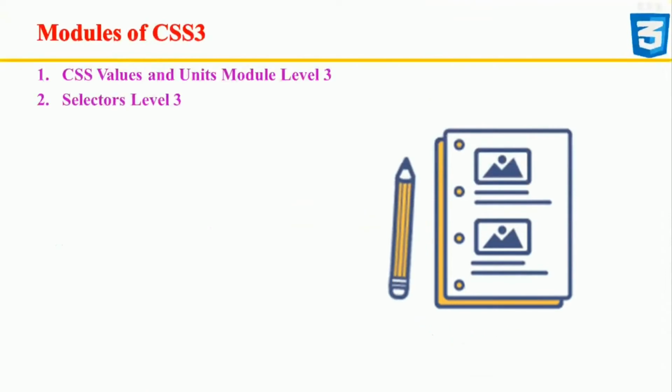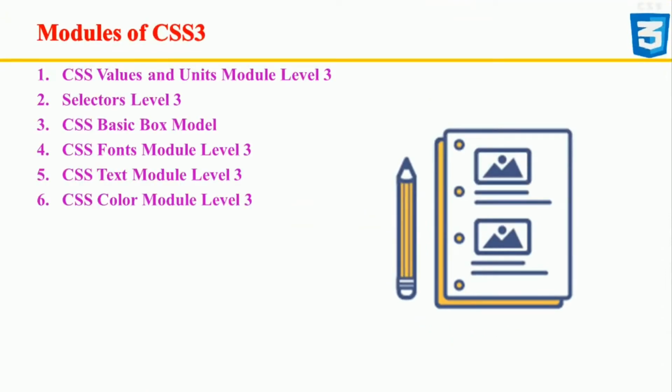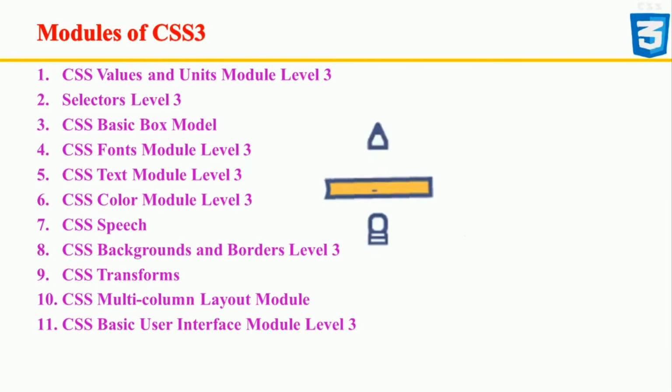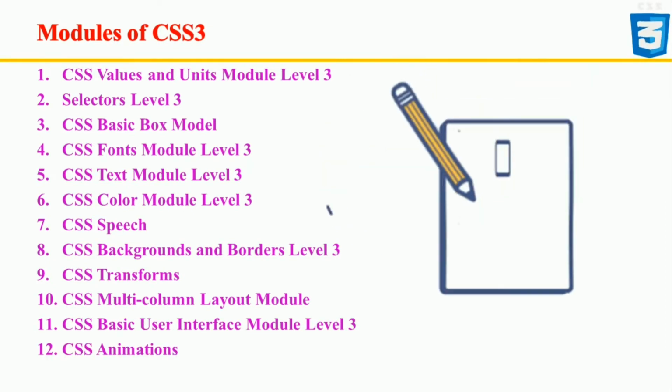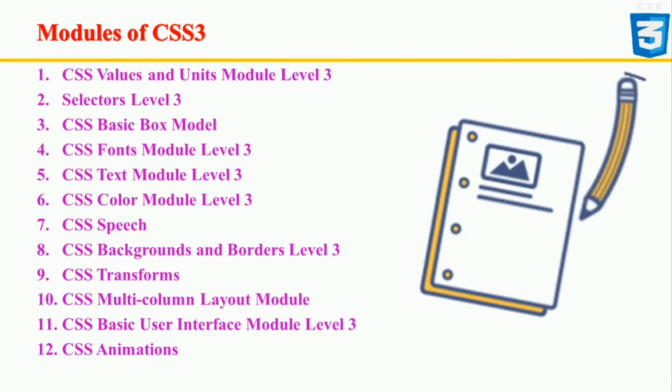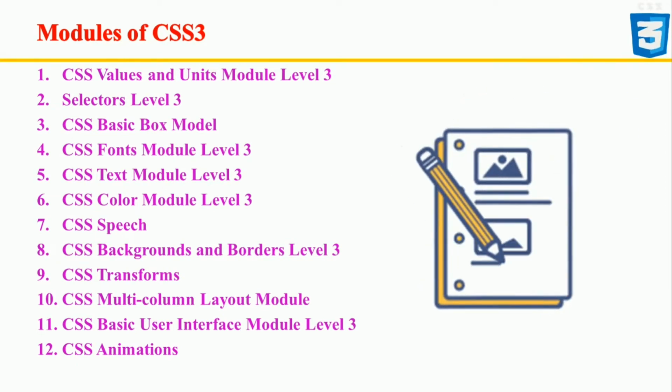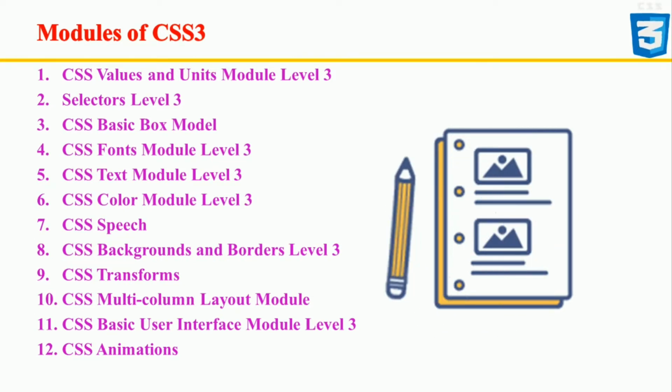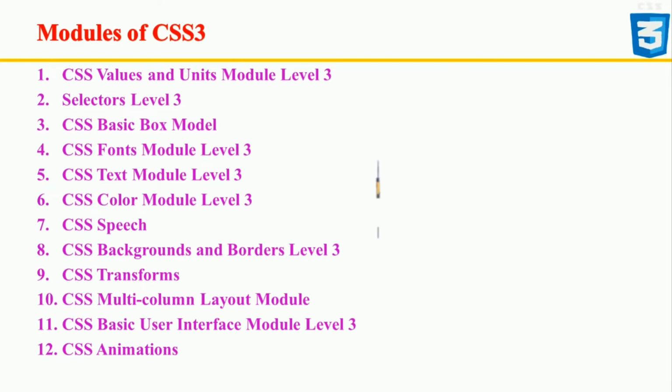CSS 3 takes a different approach. It relies on the concept of modules to provide the specification. Each module appears in a separate document and details a particular CSS 3 feature. And this approach provides several benefits. This set of 12 modules will provide most of the functionality you need for every application. Some of the other 50 modules aren't even implemented yet and may never be.